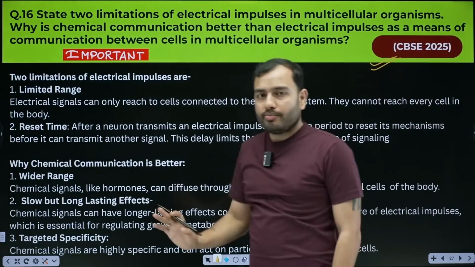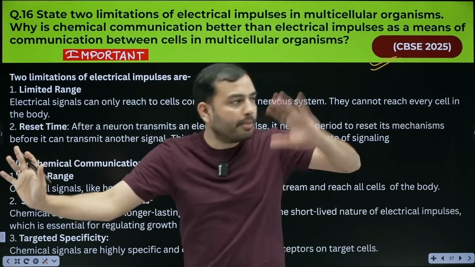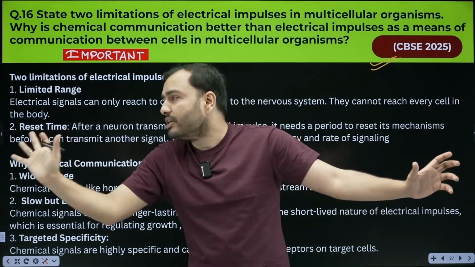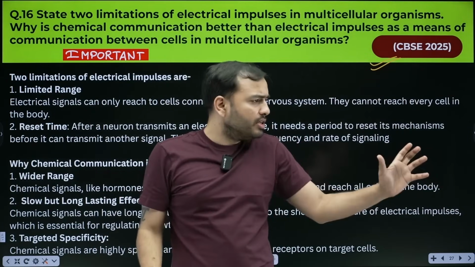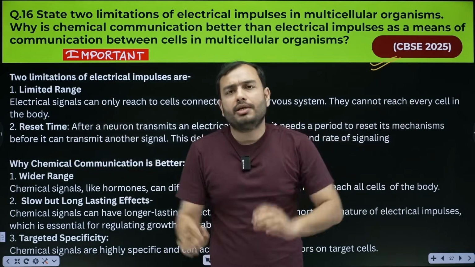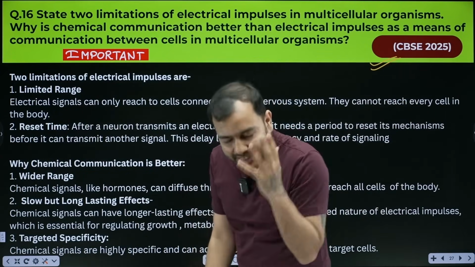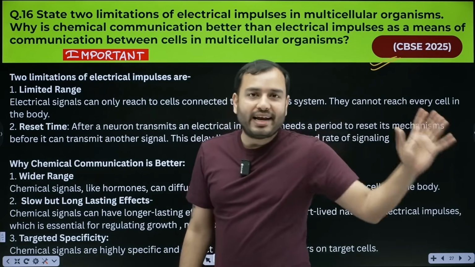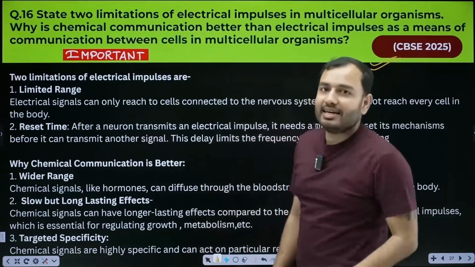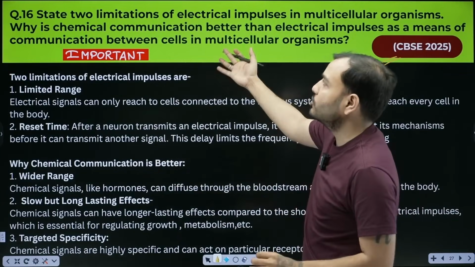It's an important question. Now you have studied two systems: the nervous system and the endocrine system. The nervous system deals with electrical impulses. The endocrine system deals with hormones and chemicals. Both send messages. Which one is better? The exam asks this. So remember, if I ask which is better, actually the endocrine system is considered better, which we study less. So what are the disadvantages and what are the advantages? Read this. Actually both have their own use, but the exam generally asks.